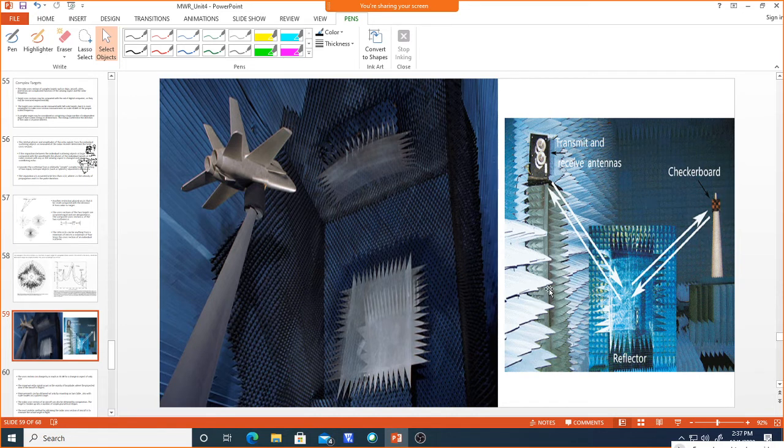So it will not reflect back the energy. When the energy comes near to it, it is going to absorb it, it won't reflect back. Since it is not reflecting back, it won't affect the characterization of this device. Okay, so this is about how practically they are going to measure this without any environmental conditions, even in an anechoic chamber. So how will they measure the RCS of the device.